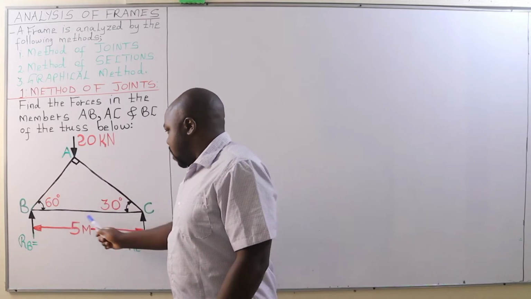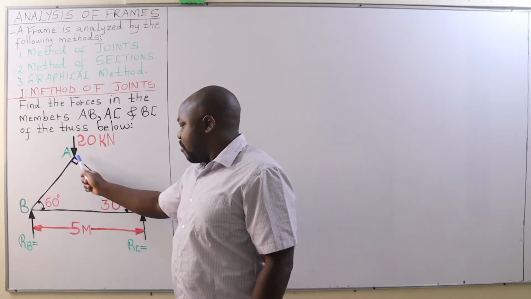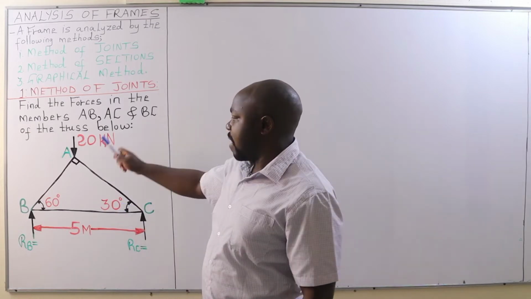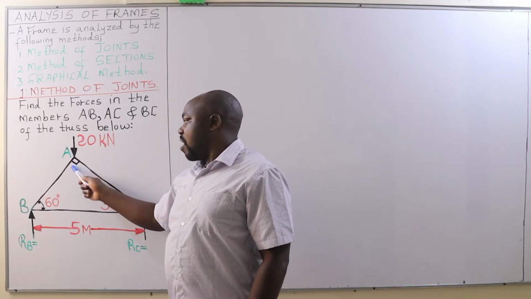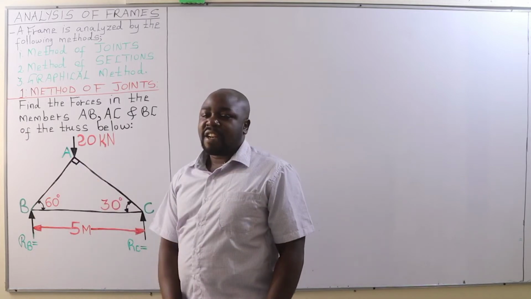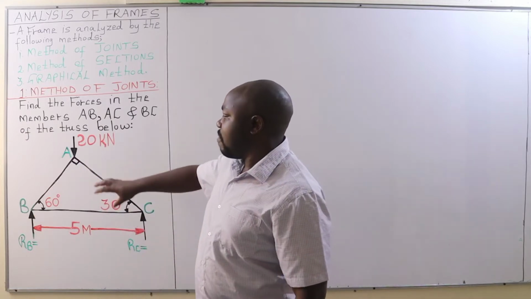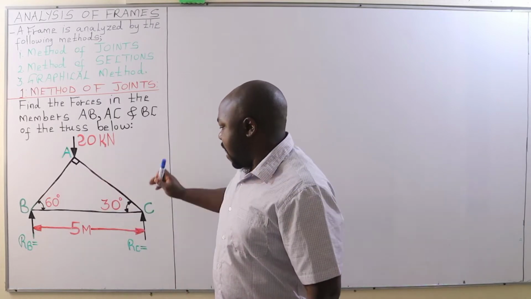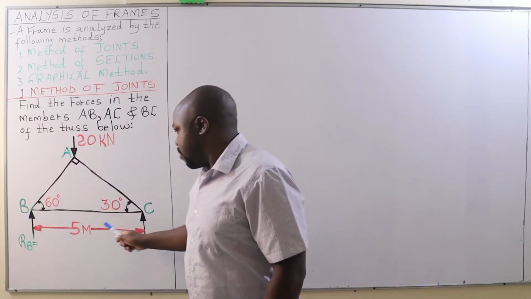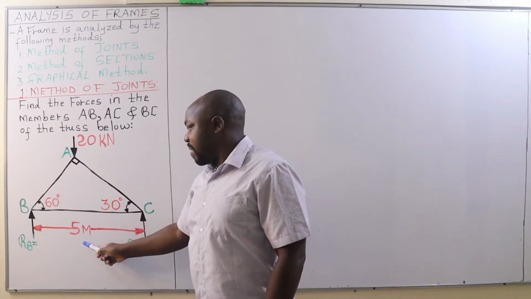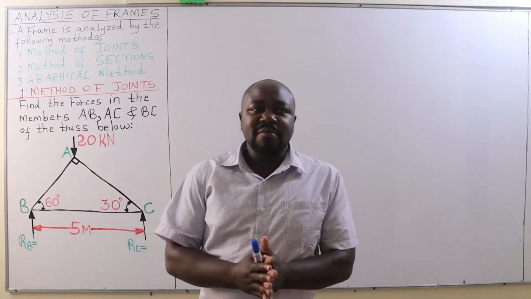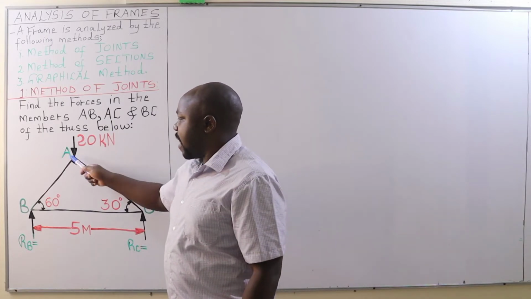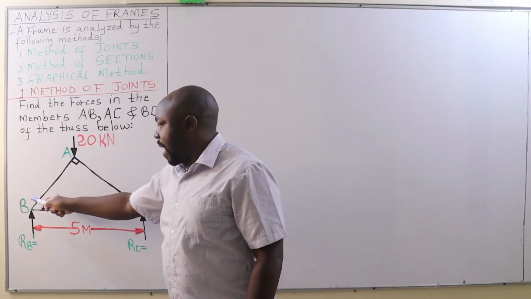Angle ABC is 60 degrees, angle ACB is 30 degrees, definitely making angle BAC to be 90 degrees, and therefore we are dealing with a right angle triangle. The distance from B to C is 5 meters. Now, the first thing we are going to do, we are going to determine or to calculate the length of member AB,